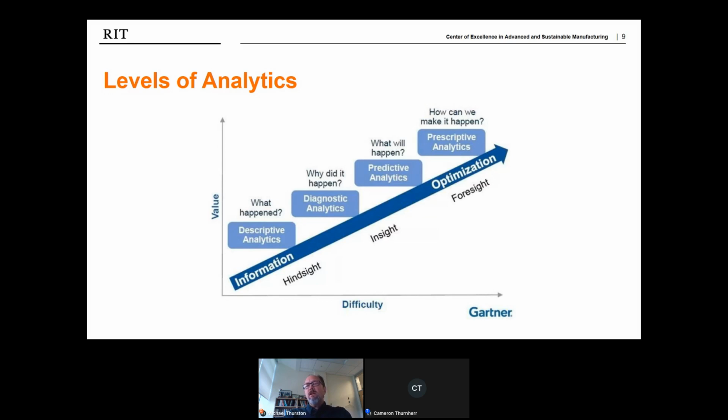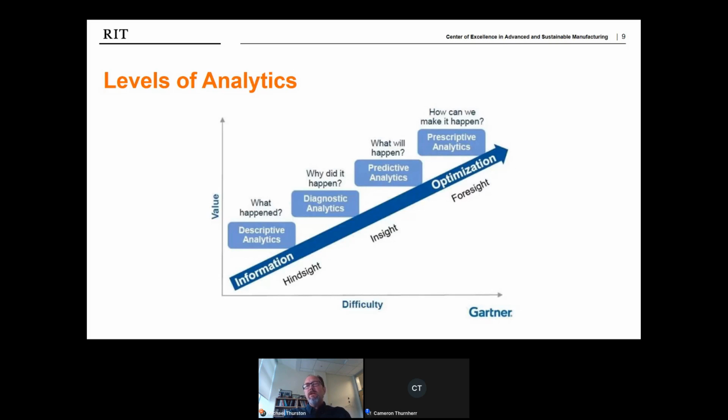Prescriptive analytics allow you to determine the best course of action. So given I have this problem, what should I do to offset its impact on my operation? One solution might be to change the process conditions and bring the process variation back under control with the current material, and thereby prevent the increase in defects.